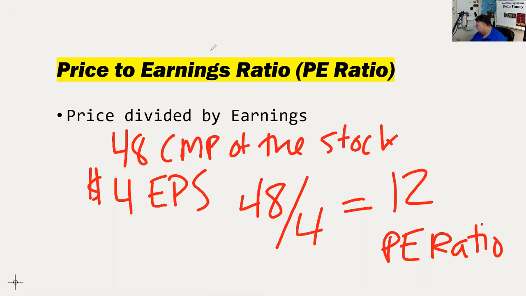Is 12. So in theory, it would take me 12 years in earnings to get back what I just paid in price. Now, that earnings per share, in terms of fundamental analysis, we might be making the assumption that it's going to grow or that it's going to fall, but we might use forward or trailing, but